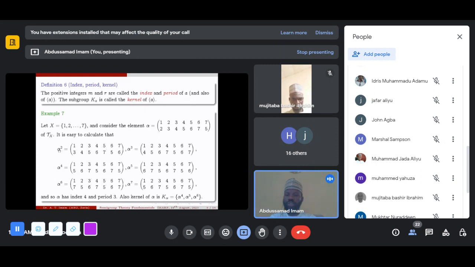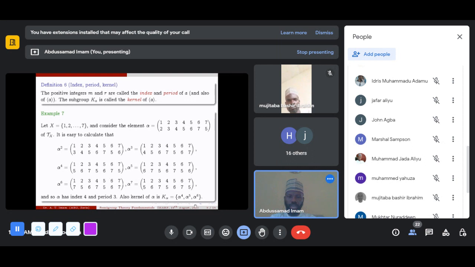But then using the usual composition of mapping, you can find alpha square, alpha cube, alpha 4, alpha 5, alpha 6. But after reaching alpha 7, this equals alpha 4. So if you observe, alpha 7 and alpha 4 are the same. And so therefore, from this onward, alpha 8 will be equal to alpha 5. Alpha 9 will be equal to alpha 6. And alpha 10 will be alpha 4. And then it will keep on cycling